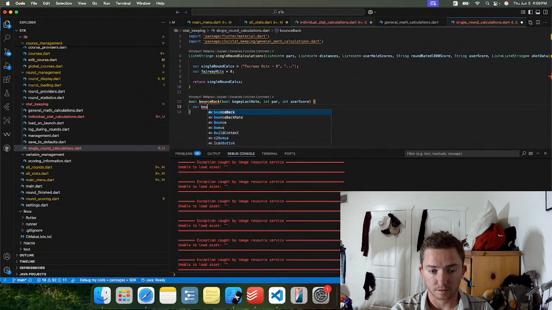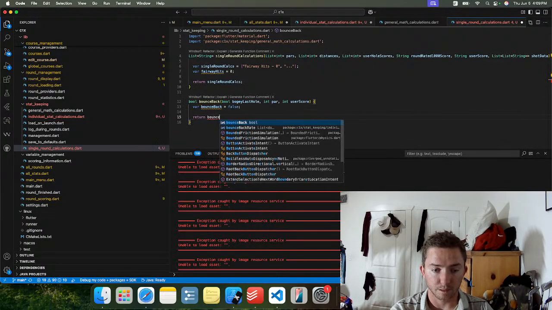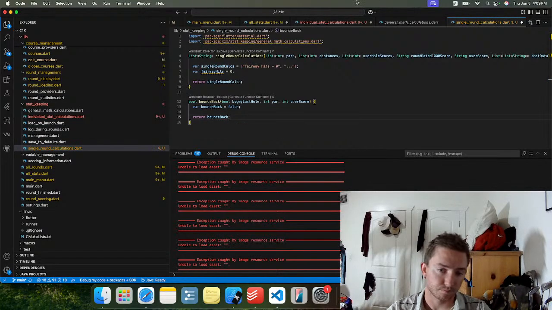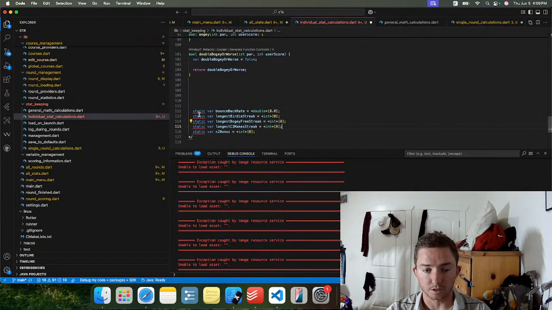Bool bounce back is equal to false. Return bounce back. So just because these are going to require calculations on a number of holes,